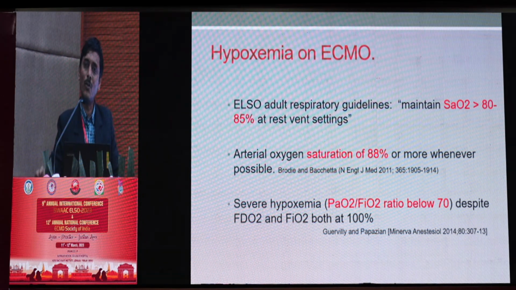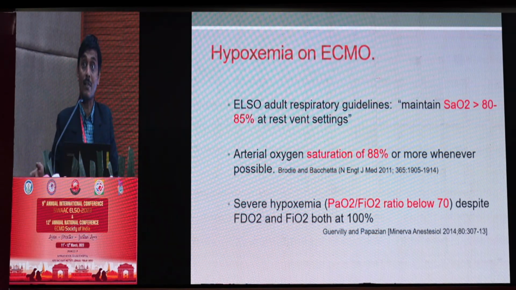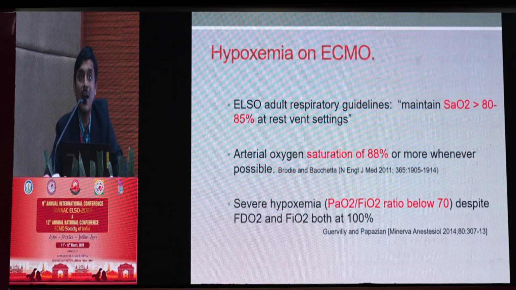But when you clearly define it, the only thing we have right now, it's probably a consensus statement, and that too, it's part of ELSO guidelines, is that you maintain SATs of anywhere above 80 to 85 at rest. So if you think about it logically, any saturations less than this can be termed as refractory hypoxemia